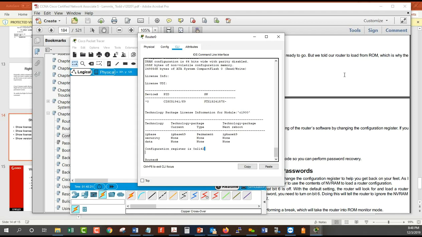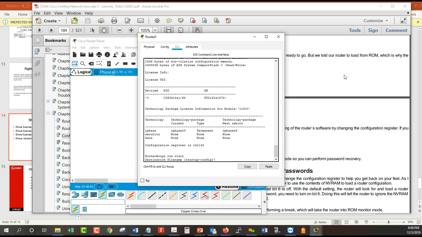Then the very last thing that I want to do, well, next to the last, is I want to do a copy run start. So I want to copy the running config to the startup config, okay, to save the new passwords that I've now put in. And then the very last thing that I want to do is,